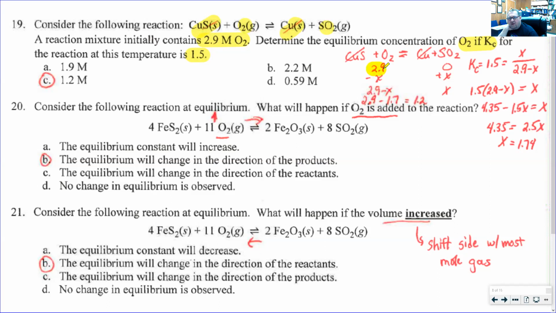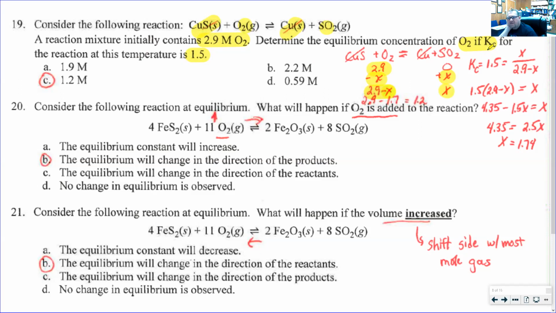So I set up an ICE system. So I had the initial concentration. I said initially that's all I had was the amount of O2, 2.9. And it's going to go forward to lose X moles of it. It's going to form X of the SO2. So what I'm going to have left is 2.9 minus X and X. And I know the changes that occur in this system.